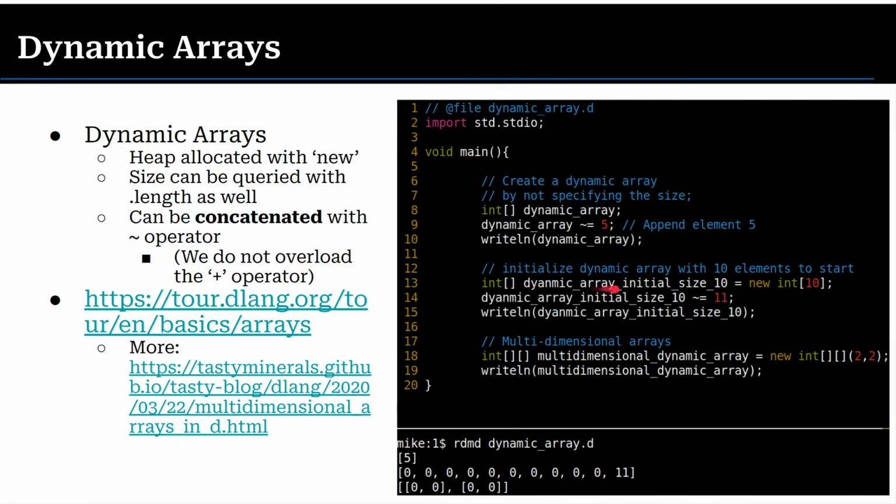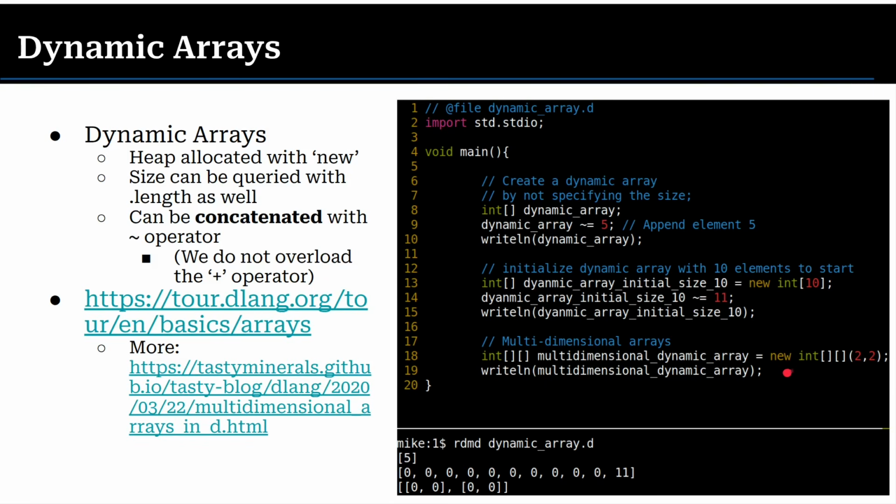You can do some other stuff here, like here's my dynamic array of size 10, where I'm explicitly saying, hey, give me a new collection of those 10 integers. This is kind of like malloc in C, but as we're going to learn, this is garbage collected, so I never need to do free. There are no memory leaks in this program. The garbage collector will clean up when it needs to, or otherwise when the program ends. And then I can still append more elements to it because it is dynamic. So I don't need to mess around with the realloc function or anything like that. It's just going to handle it for me, which is nice.